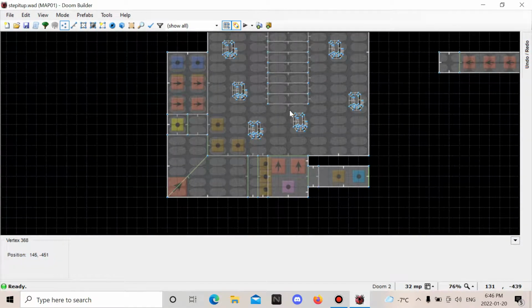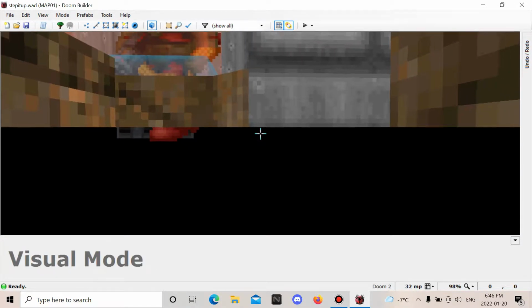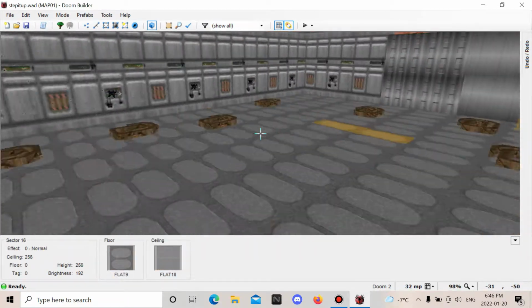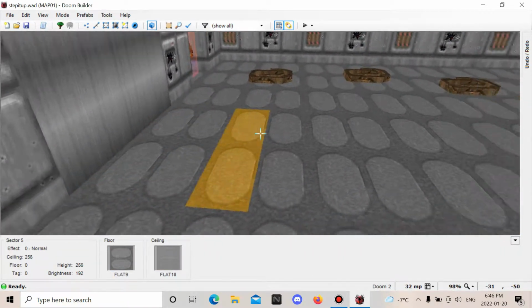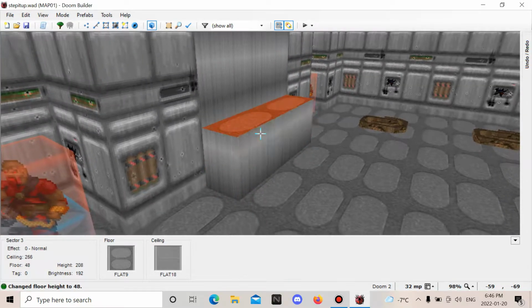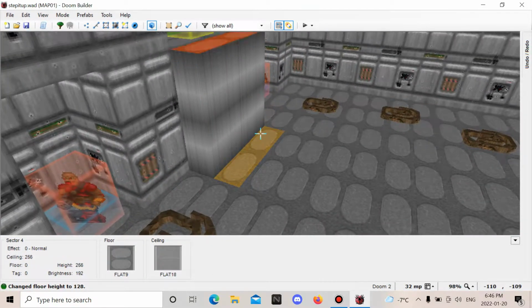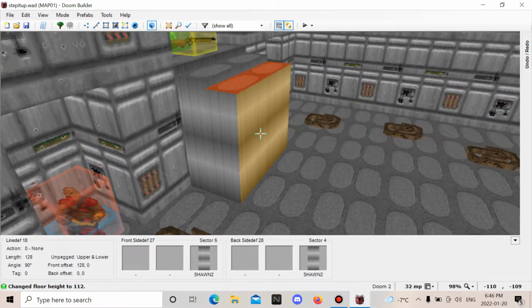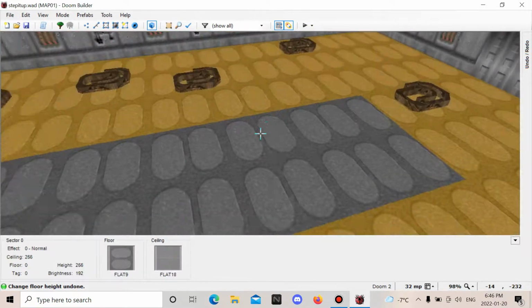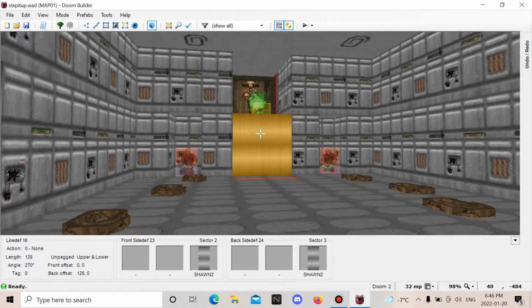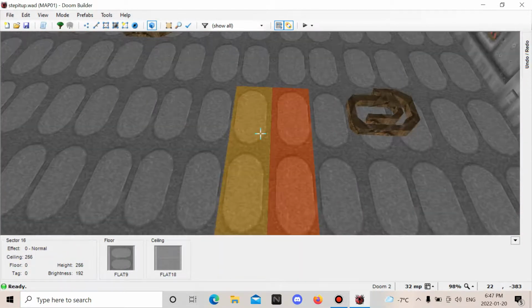Anyway, so here's the steps, okay? In the video, right? You got steps that lead to the thing, and they all raise up. So you want to first probably build the steps so you can see how many step sectors you need, put textures on them, all that. And this is the first step that raises the rest of them. And this is actually